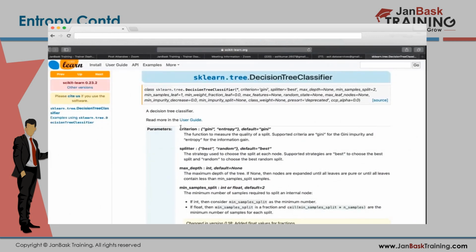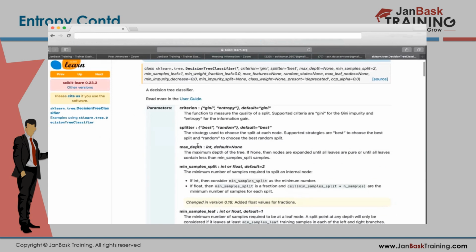See here, these are the things you have to give while building your tree, before doing the fit function. If you want to change the criterion to entropy, then the default is Gini. The impurity, we call it criterion here. If you want to change it to entropy, you have to specify entropy; default is Gini. Max depth, the third one, the default is none.